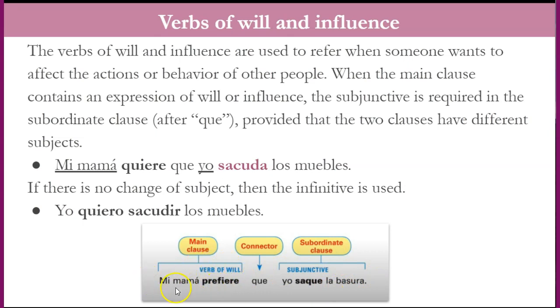There are different subjects in the main clause and in the subordinate clause, and the verb of will is triggering the use of the subjunctive in the subordinate clause. So when the main clause contains an expression or verb of will and influence, the subjunctive is required in the subordinate clause, provided there are different subjects, and in this case there are different subjects.